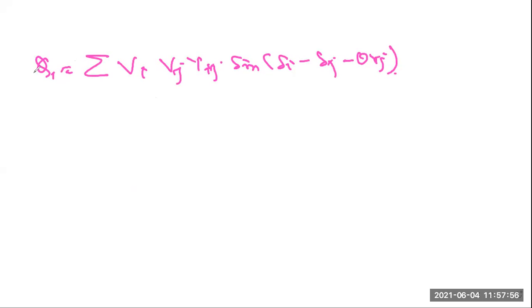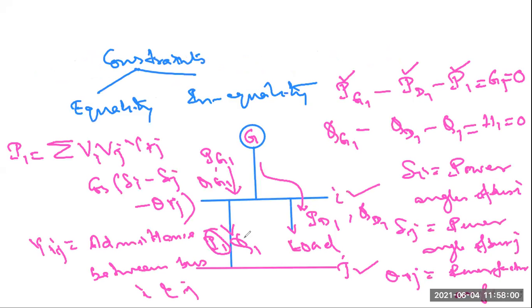So this is the reactive power injected. How much power will be injected from bus i to bus j? That will be calculated with the help of this formula, P1 and Q1. But the derivation part will be done under the load flow study. I am not covering that because load flow study is taken by Anil sir, so he will cover that.